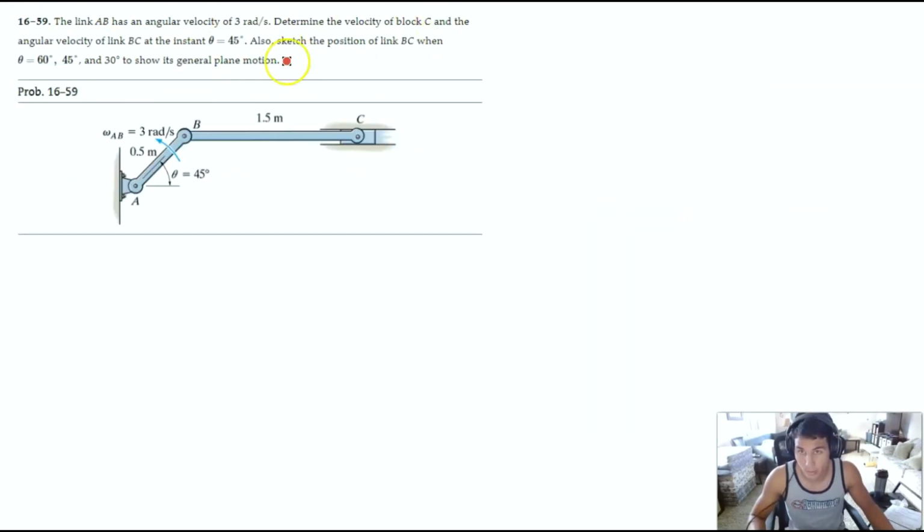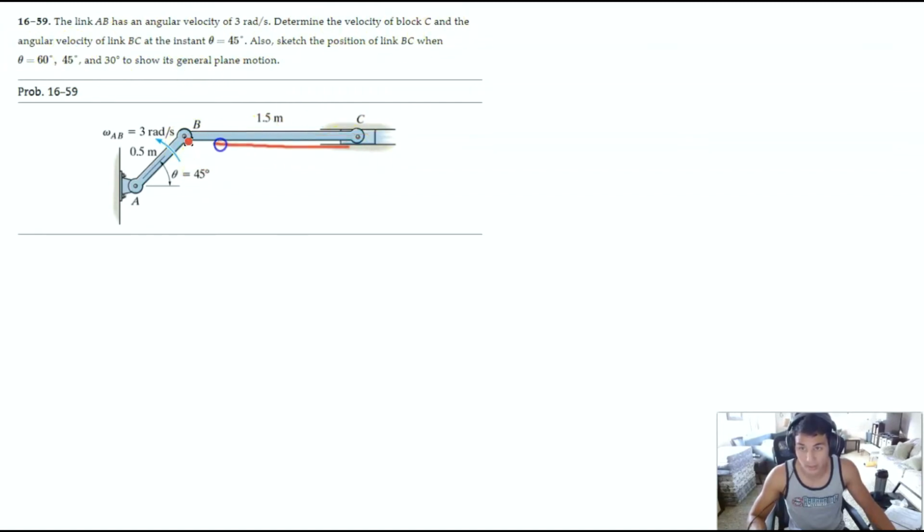Yeah, this second type of problem is actually one of my favorite problems, and I'll show you the faster way of doing these types of problems rather than maybe the way that you're doing it currently. Okay, so we have a link, right? Link AB, and we see that it's rotating up. So if it rotates up, then C, it's sliding in this horizontal plane only. It's going to be pulled this way. Okay, and what we want to know is we want to determine the velocity of this block and the angular velocity of